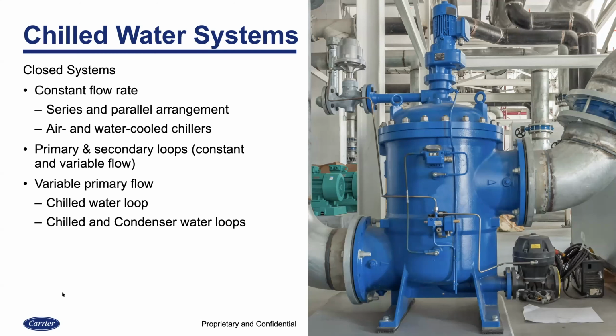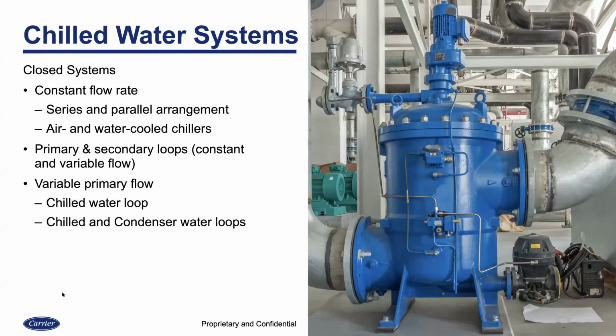As for the primary and secondary, we usually talk about constant primary and variable secondary. The whole hydronic system is divided in 2 sections, and each section has its own set of water pumps. There is also a valid application where both primary and secondary flow rates are variable. And in the next slide, we're going to talk more about primary and secondary, some advantages and disadvantages of this system